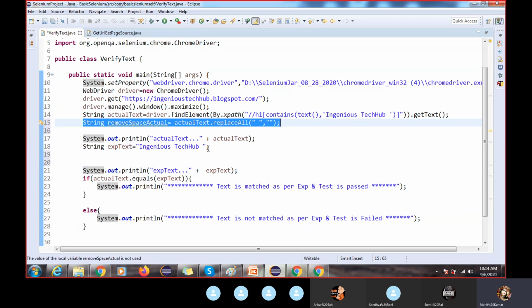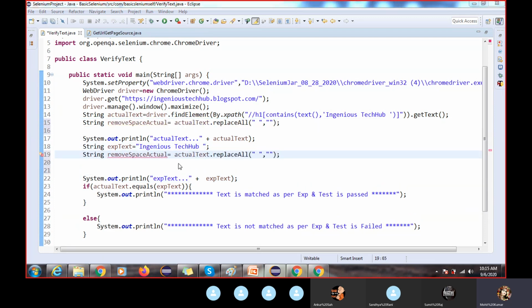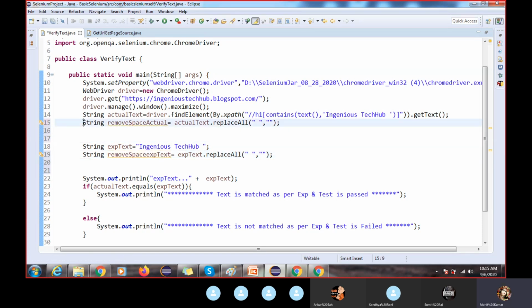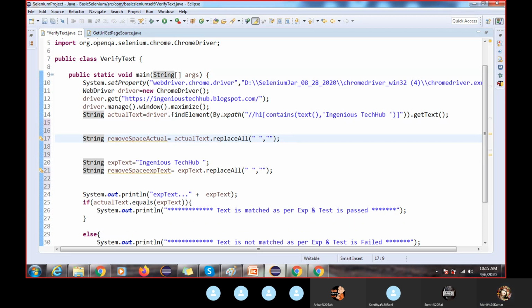So I'll copy paste here, and after copy paste I will write here exp, remove this and write here, and change this here. Got it, right? So now I'm going to print this value here, and this value I will print here.